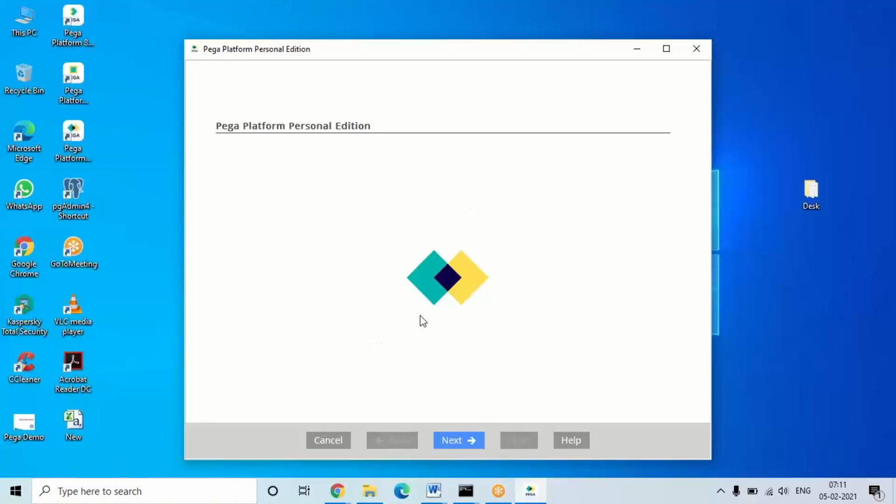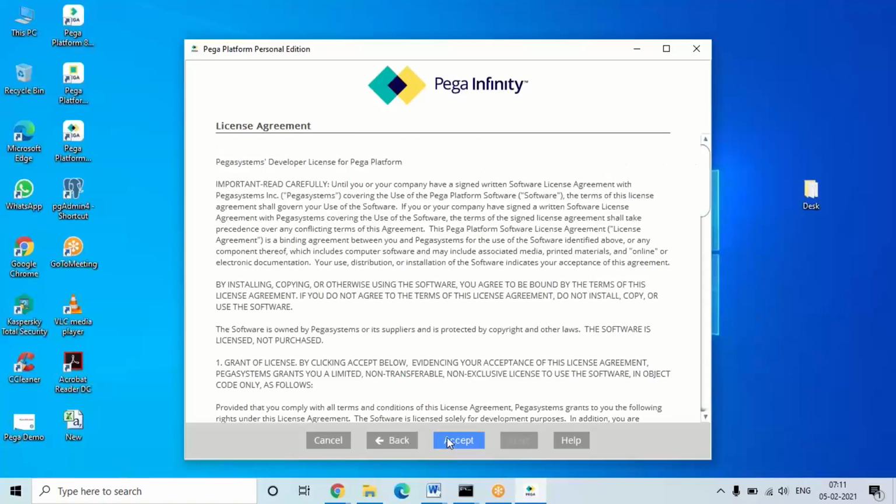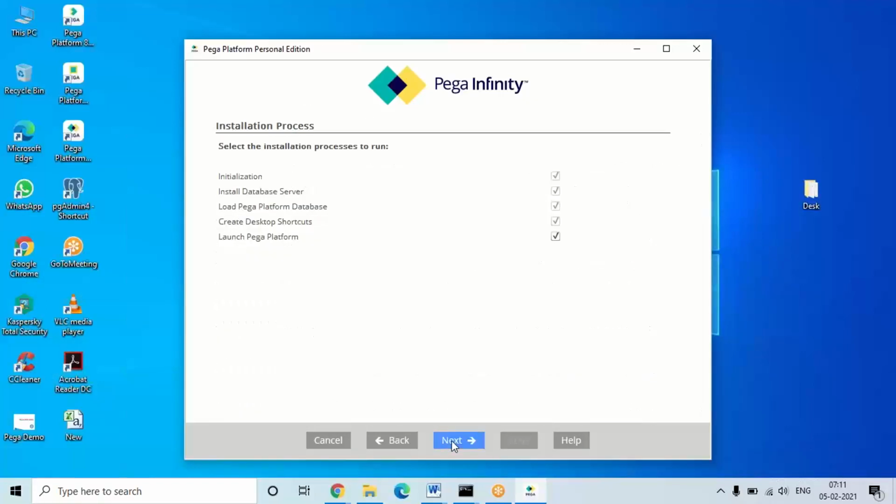In this wizard, just follow the screens which I'm showing. Click on the next button. Here the prerequisites are already given. Prerequisites means the system requirements and the things that get installed, which I have given in the document. In earlier versions they gave this in the wizard itself, but in the present version they didn't. So just click on the next button. No need to change anything, and you'll get this license agreement. You need to click on accept.